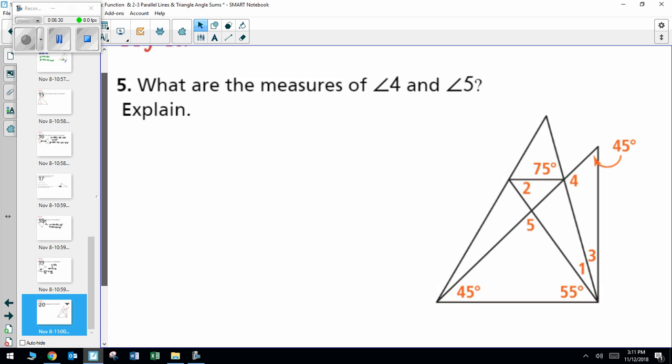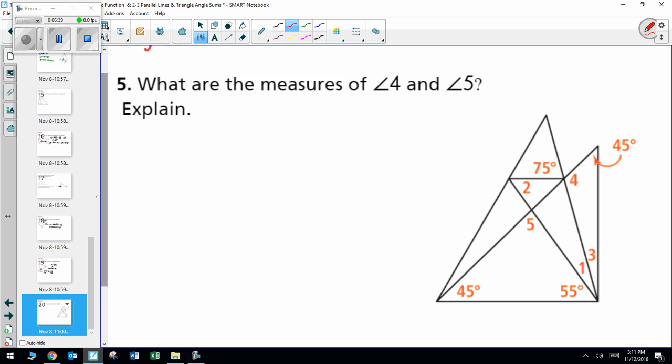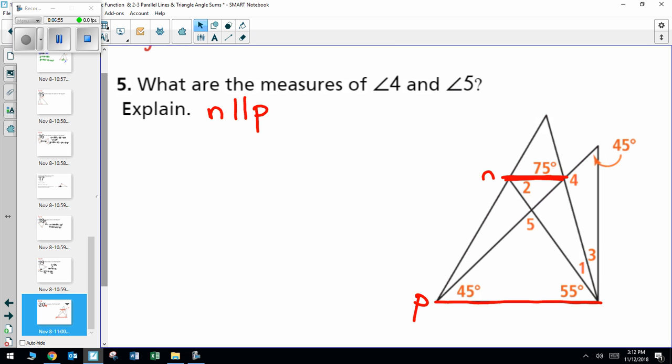And here, if you're given triangles upon triangles, you have to solve them one triangle at a time. This problem also needs some additional information that I didn't copy down. We need to be aware that this line and this line, call them N and P, are given as parallel, which is very important in this problem because I have this line that connects those two parallels,